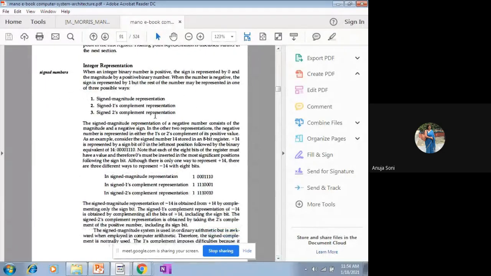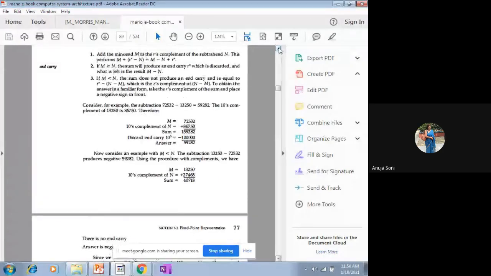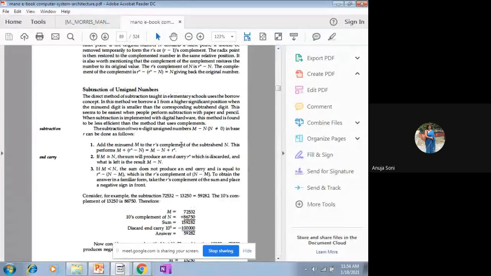Generally, we have three types of representation: signed magnitude representation. Signed, whenever we talk about the sign of a signed number. Signed numbers means whenever the sign bit itself is stored as a part of your number, along with the number. Whenever the sign bit is also being stored, those numbers will be called signed numbers. And unsigned numbers generally are those kind of numbers where explicitly only the magnitude is being stored, and the sign bit is not being stored. So those numbers generally we call unsigned numbers, but the system deals with signed numbers only.